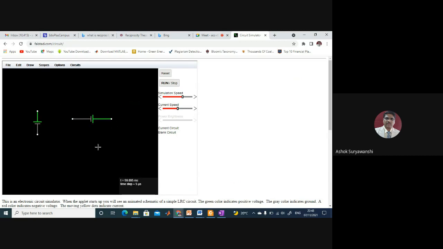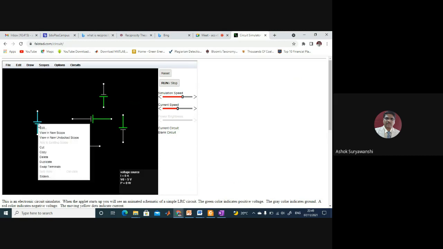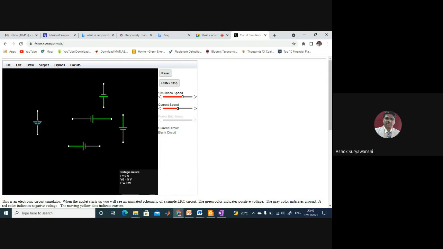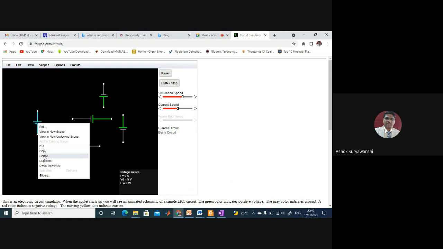If I place the cursor here and drag to the left side, I'll get it like this. If I drag in an upward direction, I'll get it like this. If I keep the cursor on the upper side and drag to the lower side, I'll get it like this. So whichever way you want, you can do it. Now if you want to erase this one, you can click on that source, that element, and then do the operation. Right click, say for example, here I have kept the cursor and right click. Then you can delete this.